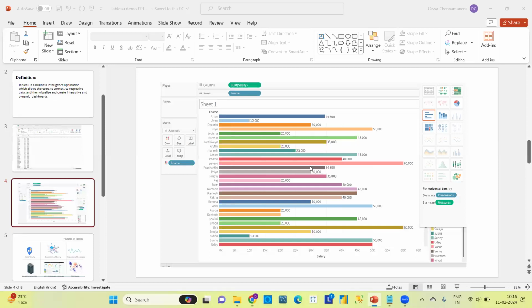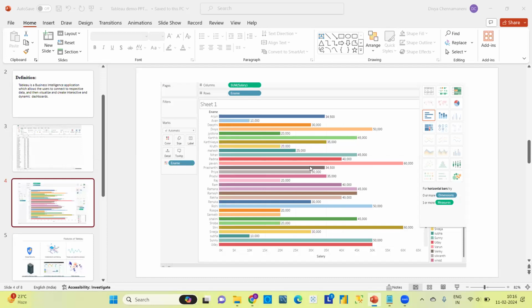Apart from Tableau, we will also explain SQL Server in our course. I won't say we will cover the complete course, but whatever is needed to use with Tableau, I will explain the basics of SQL, along with how we will connect SQL Server to Tableau and how we will extract the data. We will learn that in this course. Okay.